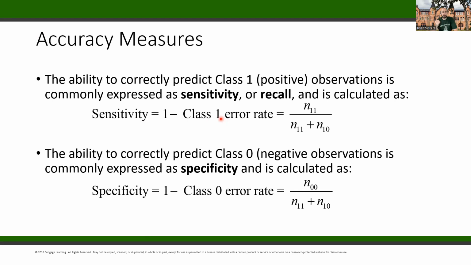We're taking the inverse of 25%, so 75%. And then specificity is just the term used to determine how often we correctly predicted class 0 negative observations. Same thing, you find your class 0 error rate, you take the inverse of that, so 1 minus the